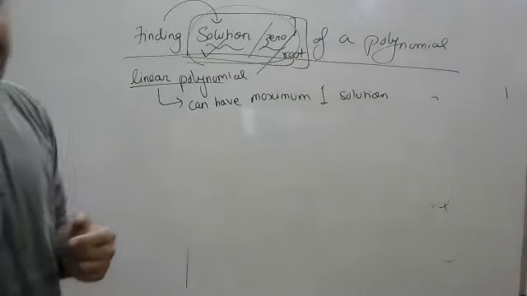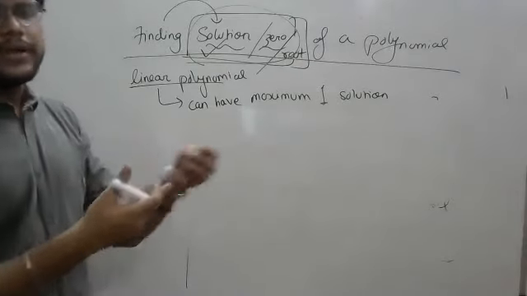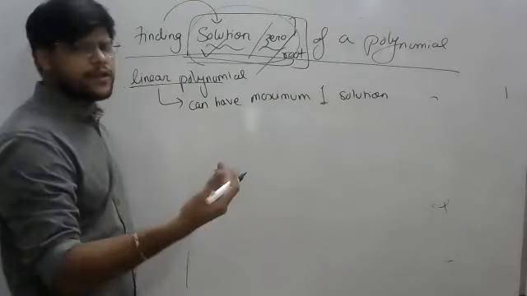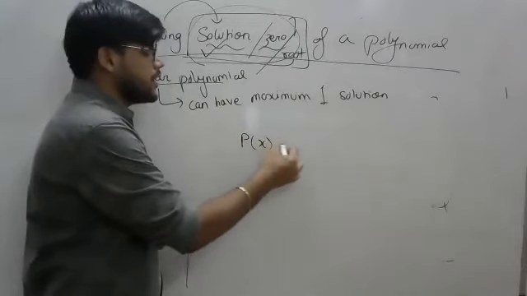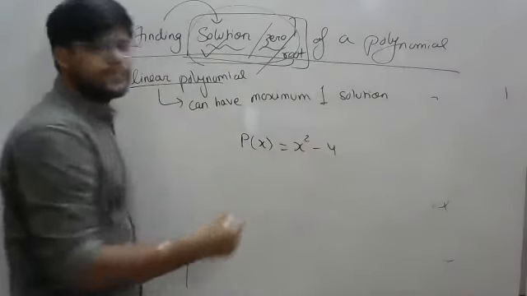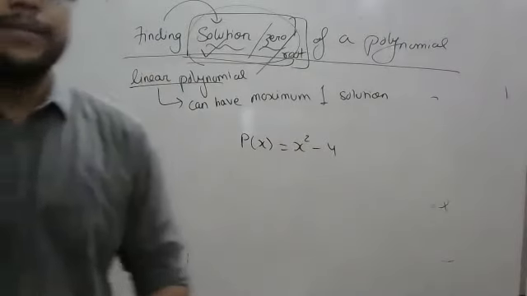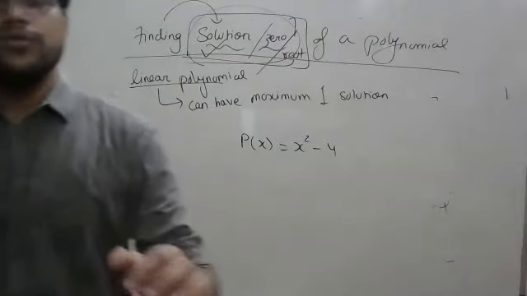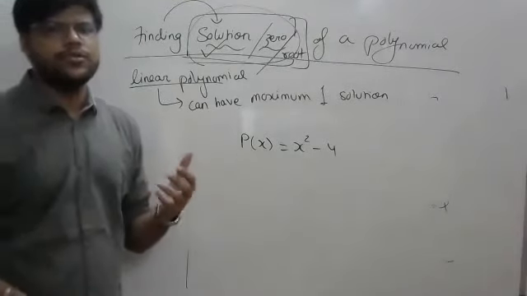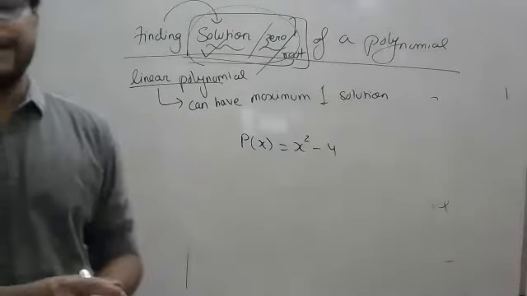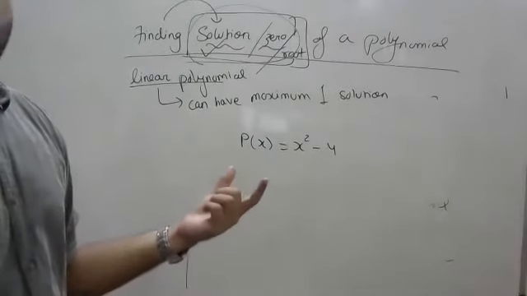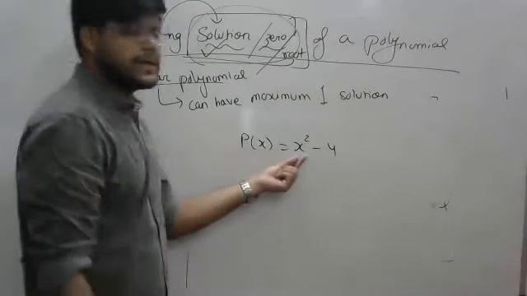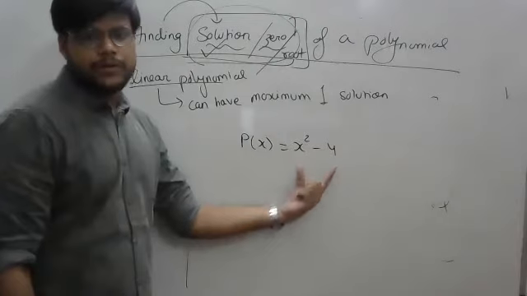I'll explain. Yes, when the power is 2, we have to do middle term splitting. I'll give you an example so that you understand. I'll give you an example of a quadratic, what I'm trying to explain. Suppose I have a polynomial x square minus 4. Now, if I have to find the solution of this polynomial, what do I mean when I say find solution? You need to find the value of x such that the overall value of this polynomial is 0. You have to find the value of x such that the entire polynomial becomes 0.